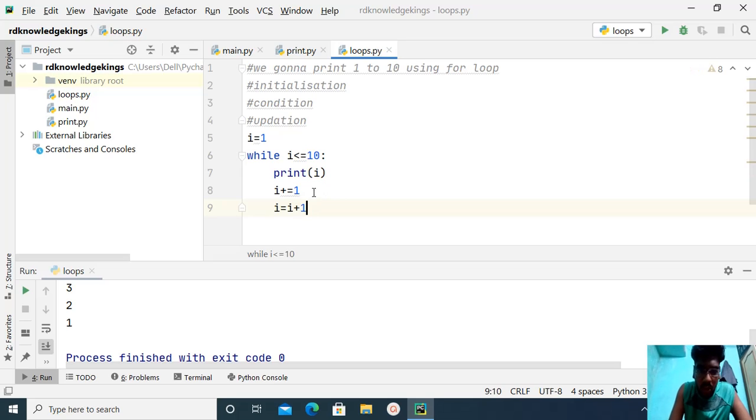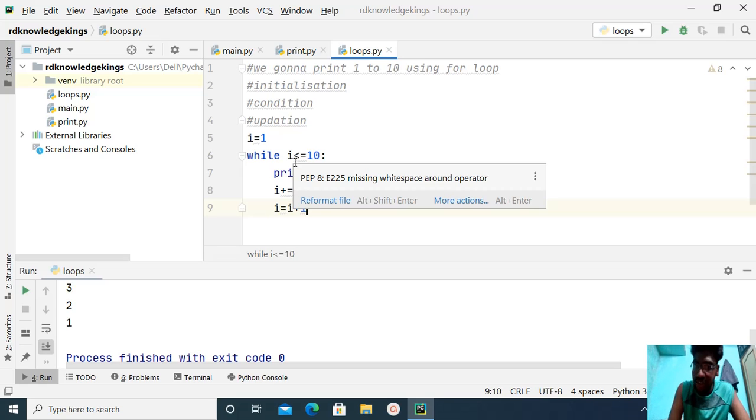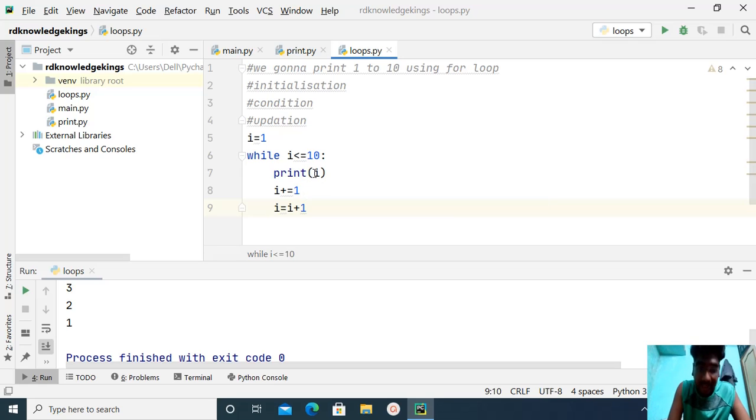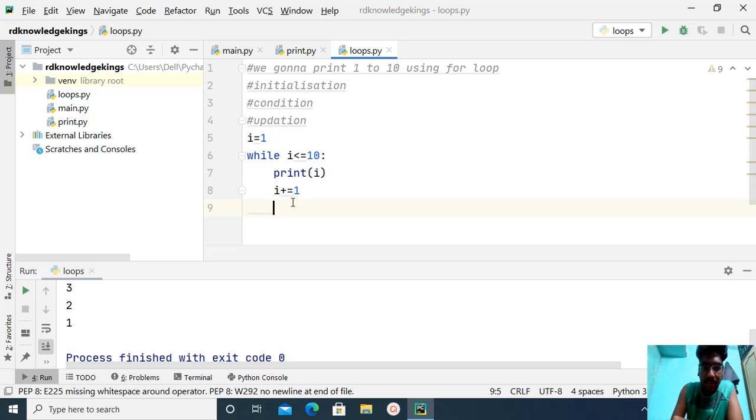Okay, so the I value is 1 here, right? So 1 plus 1 is the I value. So I gets 2, and then the loop moves here, and again it's going to check: okay, 2 less than or equal to 10. So it will be printed, again incremented, again the value will be 3, and again the loop goes here. So it goes like a cycle up to 10. Okay, fine. So both are the same. You can write it in any way, but this is a fancier way to write it, and also a shortcut method.